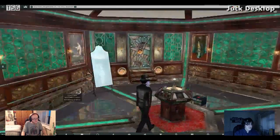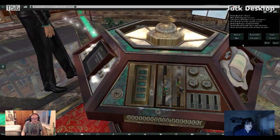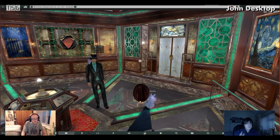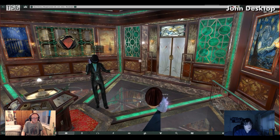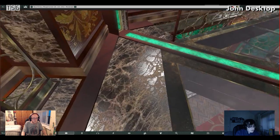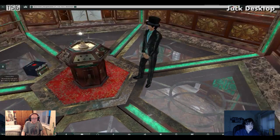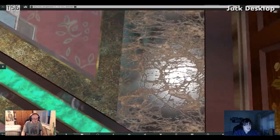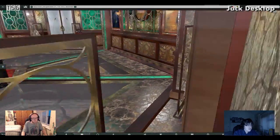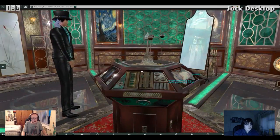More paintings here, more specular lighting and floral textures. It does make more sense when you go into the interior, and it makes the exterior look like it's matched properly, because we've got these floral and marble textures. Is that marble? Because the bump mapping is not helping me, it looks like it's just been splattered with paint. No, that is marble, I can definitely tell by the pattern. Well, as I said, it does look like marble. So, now, before we go out,